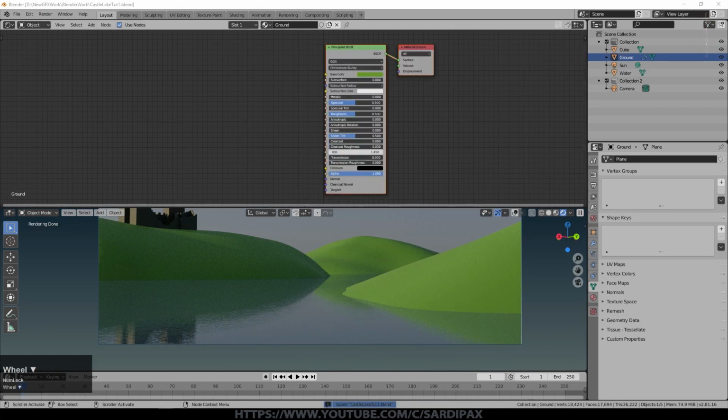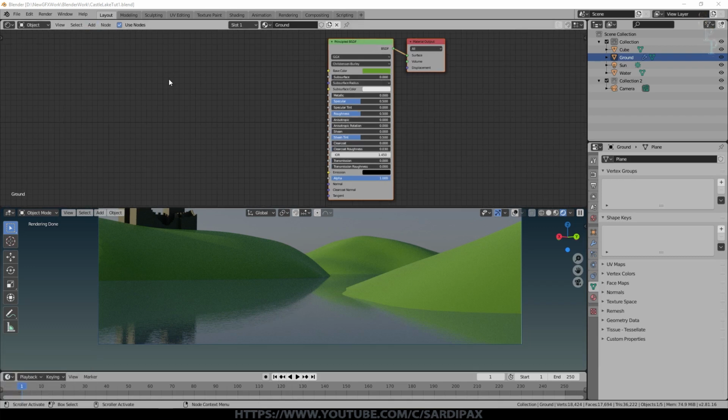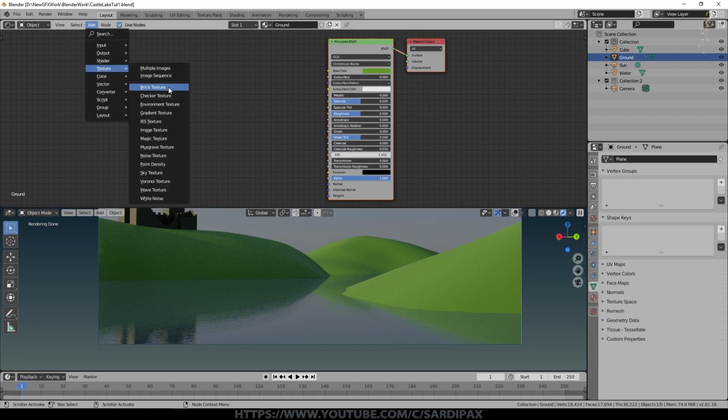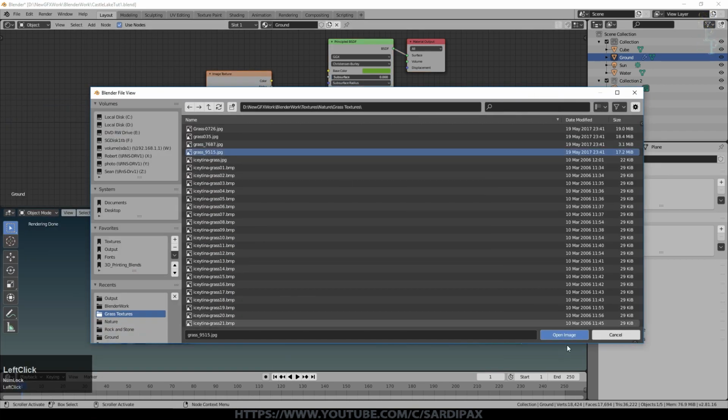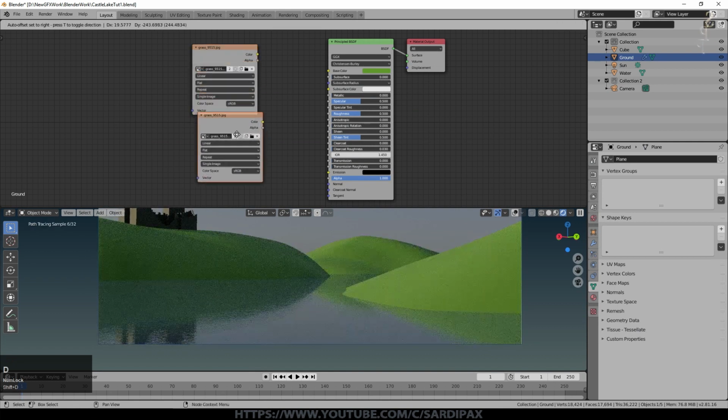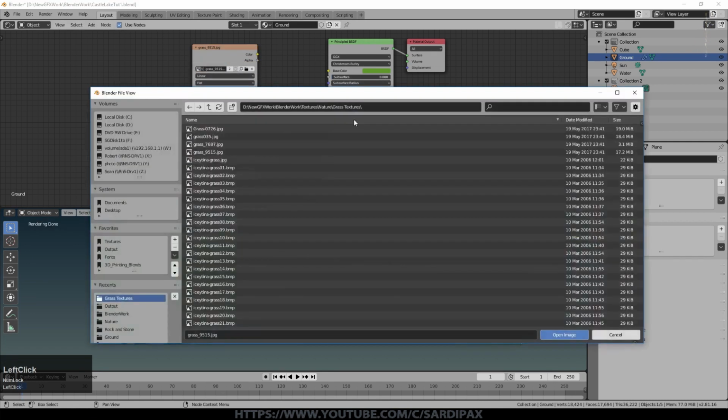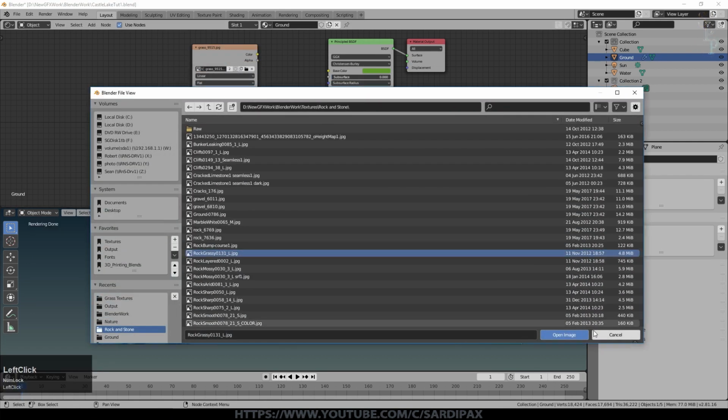So at the moment, I've just got a very basic material. I'm going to cover it with grass, but I also want something underneath that grass because there's going to be areas where it might show through. So I'm going to add a couple of textures. So it's going to be a couple of image textures. I used this one and I'll duplicate that and we'll have another texture, which was this one.